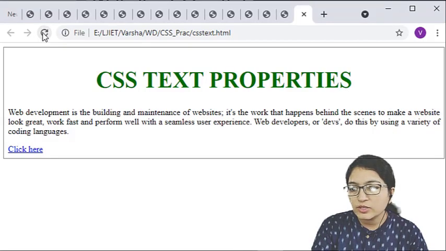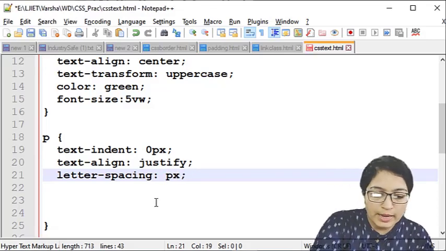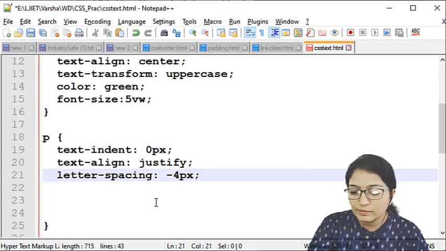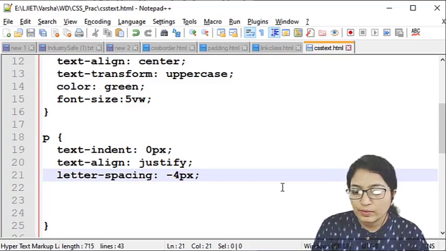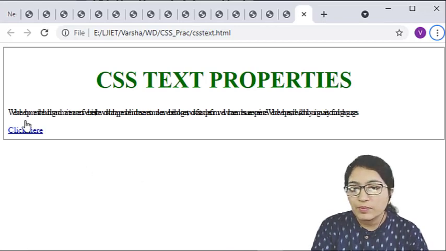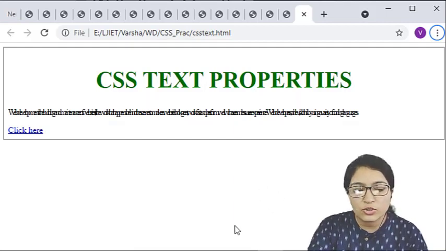Just refresh it. And suppose I write it as minus, let's see if it is working or not. See here, it is working. So overlapping is like that. This way you can define the letter spacing according to your choice.